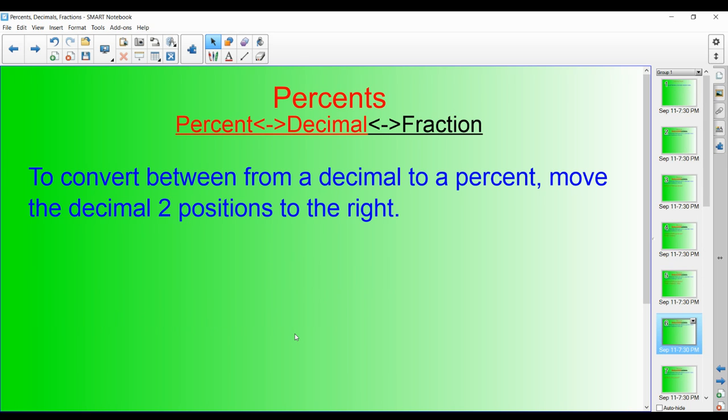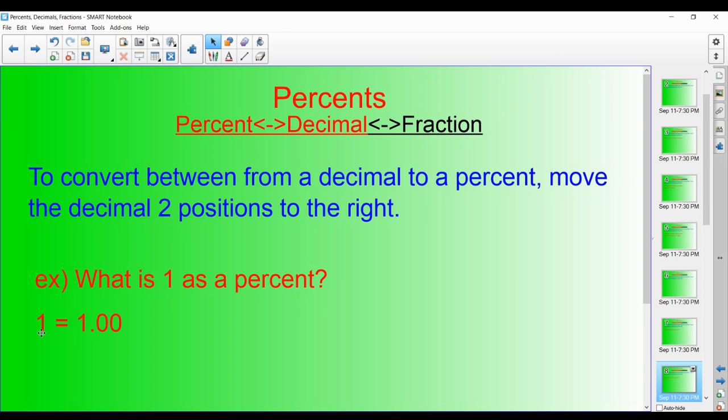Now to go from a decimal to percent, to go backwards, you move the decimal 2 places to the right. So let's look at this number. This is a really important one. 1. What is 1 as a percent? It's not saying what is 1%. It's saying what is 1.00 as a percent. One whole, I move the decimal 2 places to the right,